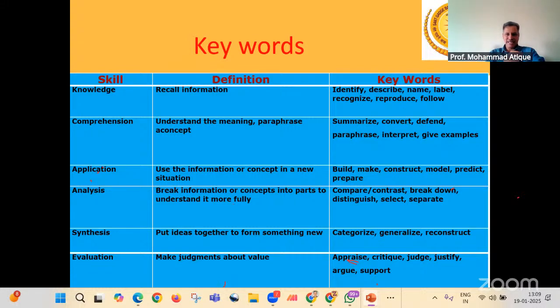Application is build, make, construct. These keywords are important. Analysis: compare and contrast, break down, distinguish, select, separate. Synthesis, and evaluation, wherein you have keywords like appraise, critique, judge, argue, and support.